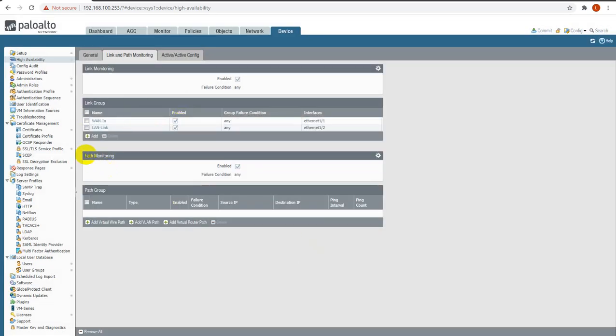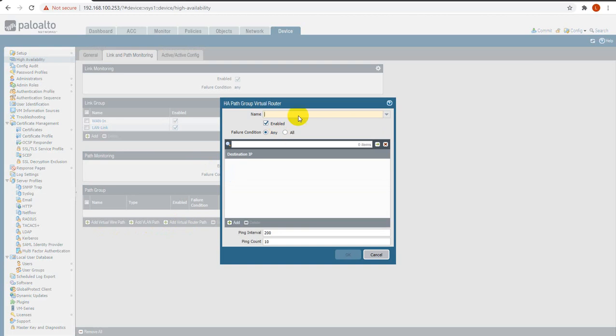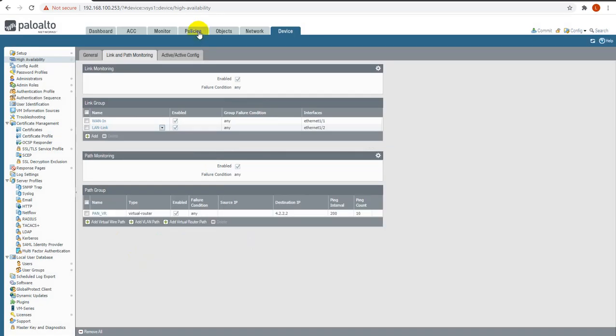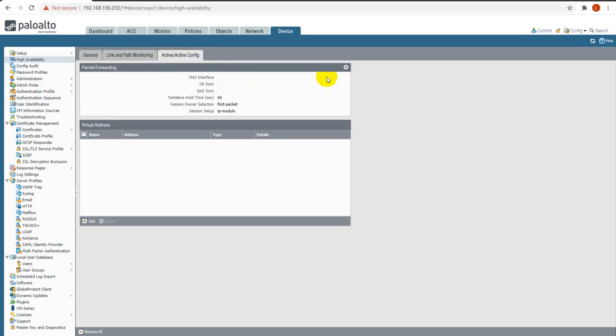After that, we have the option for path monitoring. Path monitoring means, suppose you are trying to communicate with the global DNS 4.2.2.2, and your routing is not reachable up to that, in that case we have to configure path monitoring. For that we have to add a virtual router path. What is the destination? 4.2.2.2. You can mention your server IP address, for whichever IP address you want to put the tracking. Select this. After this we have to configure the HA3 interface here.